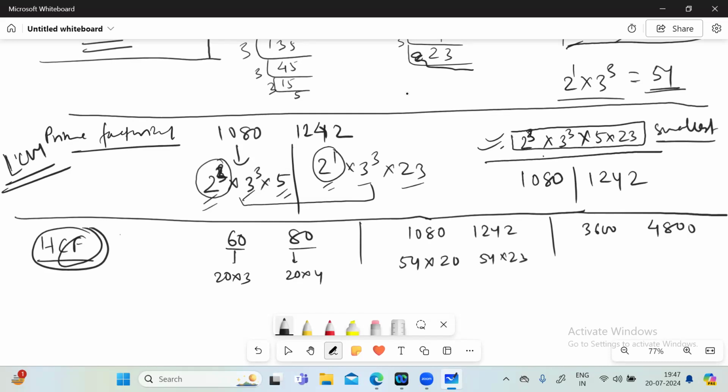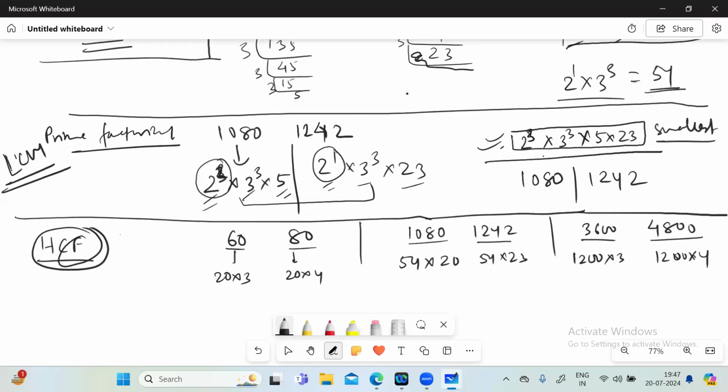Here we have 1200 into 3 and 1200 into 4. Okay. So what we are doing here is